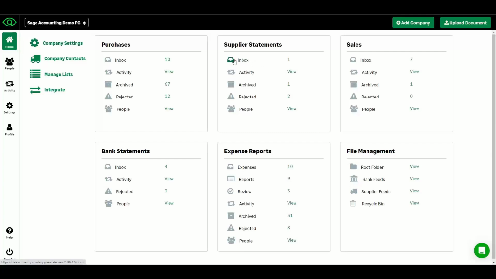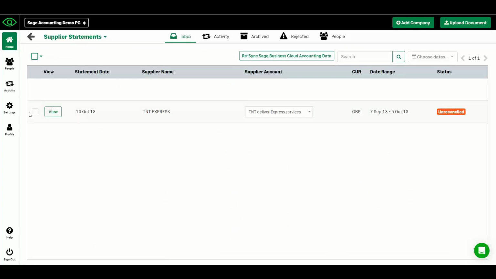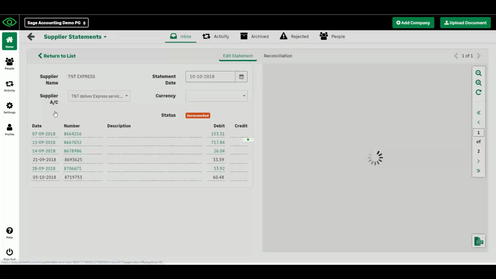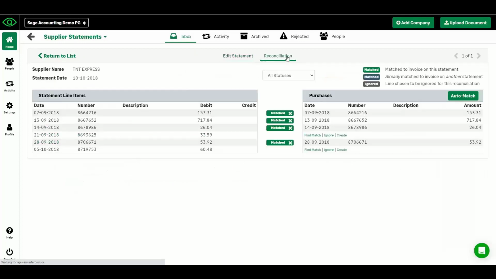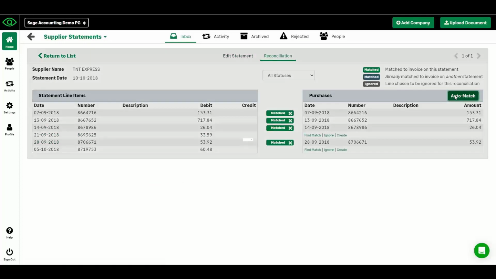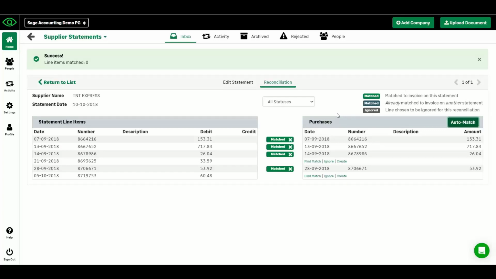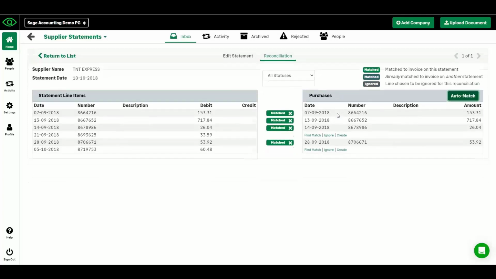So to do that, you're going to open up your supplier statement inbox. You're going to click to view the statement that you want to reconcile. You're going to set the supplier account, select the reconciliation option, and click auto match. What that's going to do for you: on the left of the screen, you've got the invoices that the suppliers are telling you should have. You've uploaded the corresponding invoice to AutoEntry. You will see it populate there on the right of the screen, along with a wee little flag saying